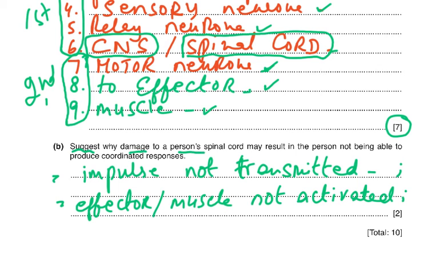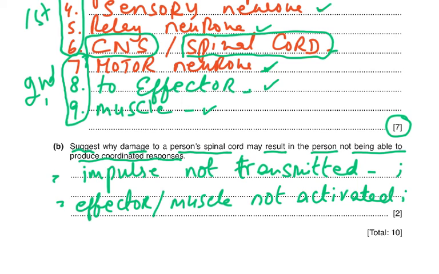Suggest why damage to a person's spinal cord may result in the person not being able to produce coordinated responses. Sometimes, with damage to the spinal cord, the person cannot walk and is in a wheelchair. So basically, if the spinal cord is damaged, that means impulses will not be transmitted. Information, for instance, something pinching you in your shoe, has to travel up your spinal cord, and then, of course, the information. That's how you come to know that there's something wrong, and there's a nail in your shoe and it is